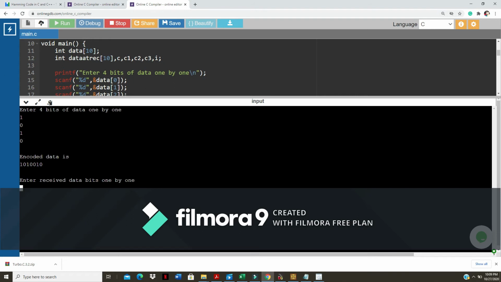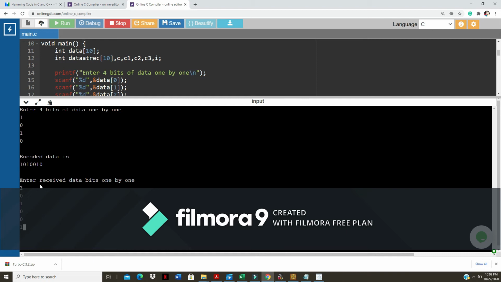Now, for example, instead of this 0, if I'm changing the 0 into 1, I'm going to assume that data got corrupted and 1 bit is changed. So I'm going to change this 0 into 1. Now, let us see whether it is able to detect it and correct it. Now 1, enter, 0, enter, 1, enter, 0, enter, 0, enter, 1.